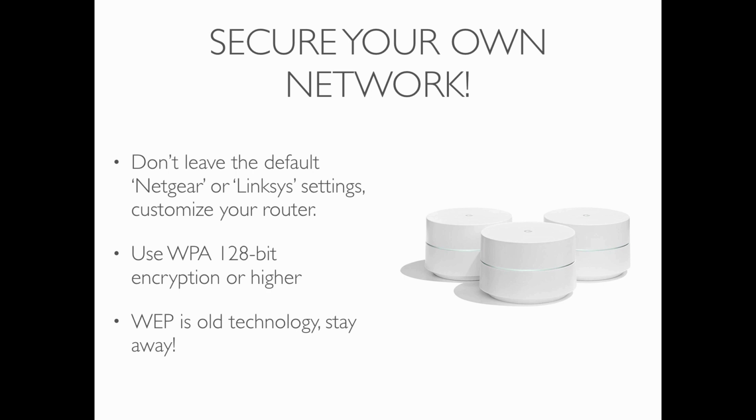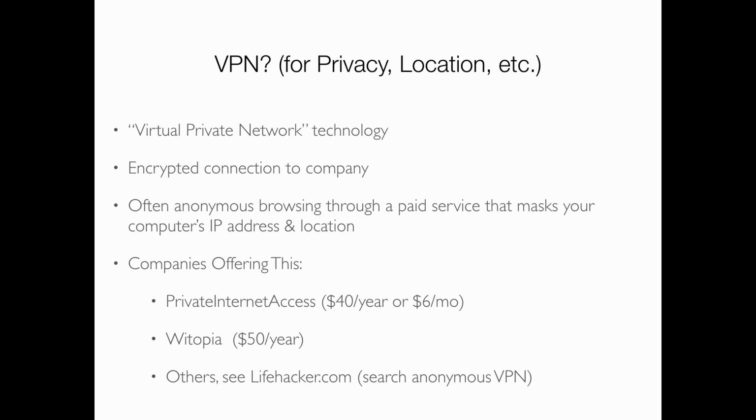I'm not saying to do it. I'm just saying that's what happens. So you don't want your neighbor, who's the bad person. Now, of course, all of you are good people and you would never do that. But your neighbor might be the bad person, and they would do it on your network. So save yourself the hassle and say, nope, I'm securing my network. Set that up. Use at least the WPA 128-bit encryption on your Wi-Fi. My guess is that that's enabled by default for almost everything now. WEP was the old technology. Stay away from that. It's being cracked.